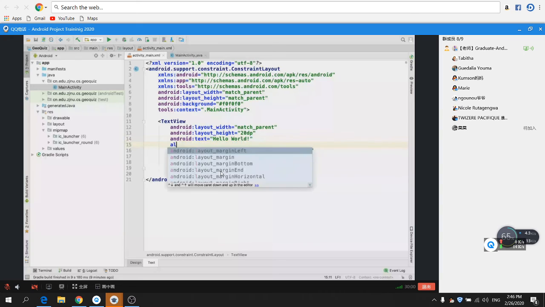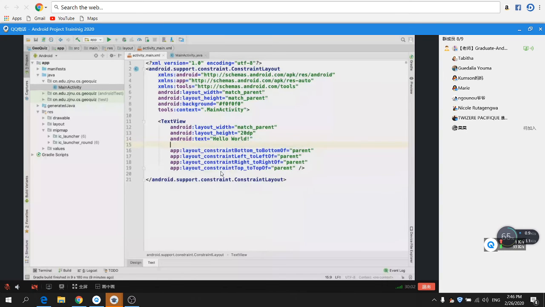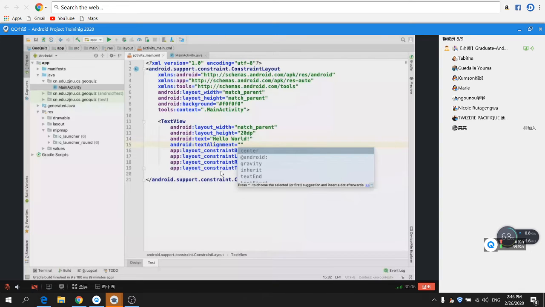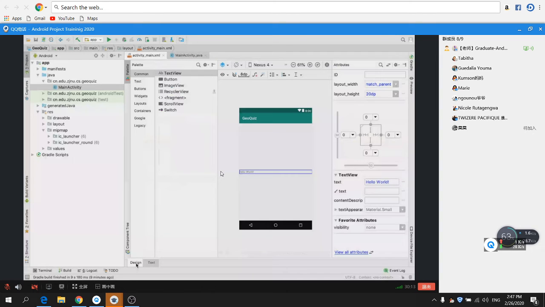And in the constraint layout, we find out each object inside should